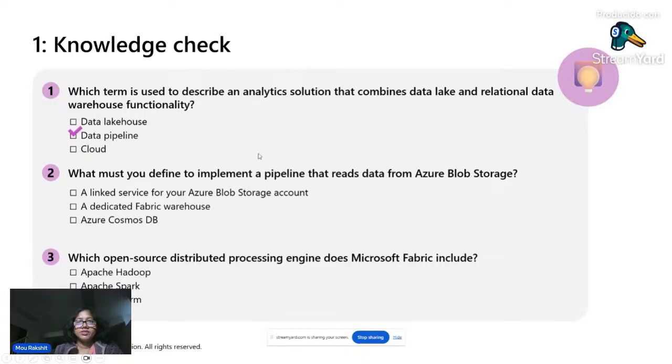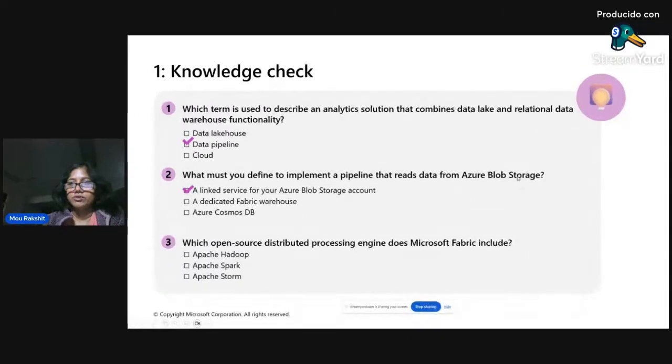What must you define to implement a pipeline that reads data from Azure Blob Storage? So first, what is Azure Blob Storage? If you are new to the Azure Data Platform, it's basically your storage buckets, where the data files get stored. The question is how do you connect to blob storage from your pipeline. The answer is you create a linked service within your Microsoft Fabric, which is going to connect to your blob storage account. So you're linking to a storage account from where you're going to read the data files